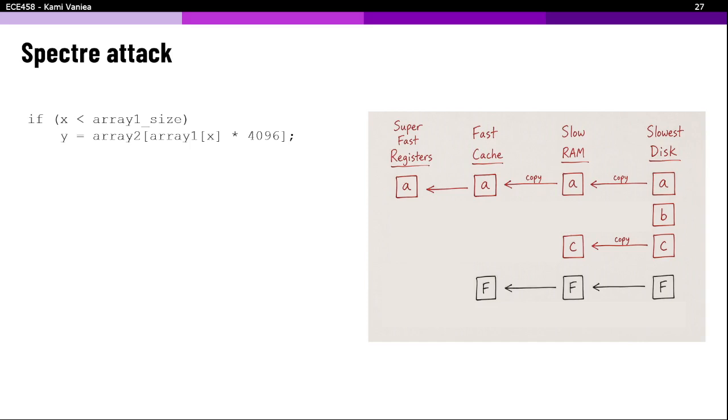So it is entirely possible that you make a request. You say, I want to take this thing that's in the cache and put it into the register. And this is what I was trying to understand just before this class: what actually stops that.